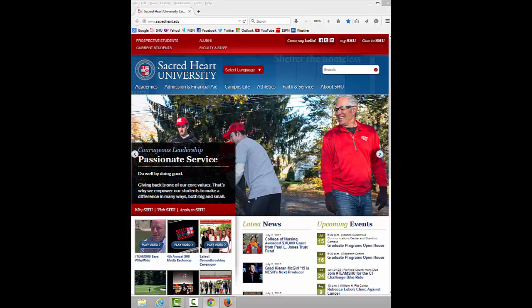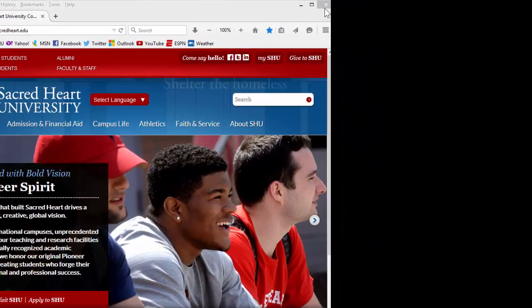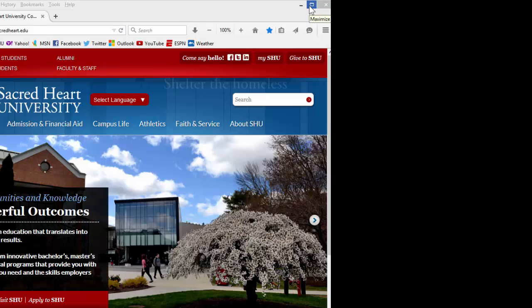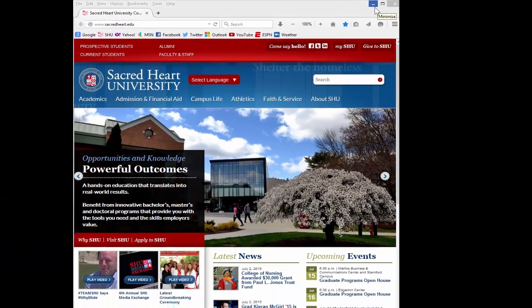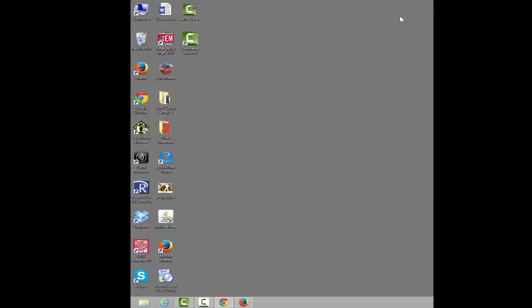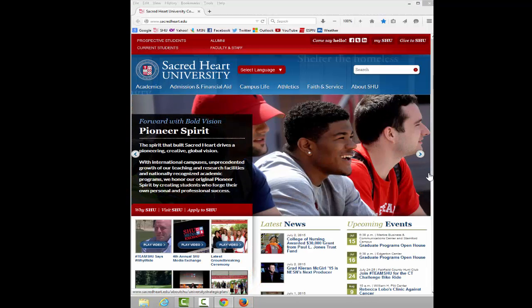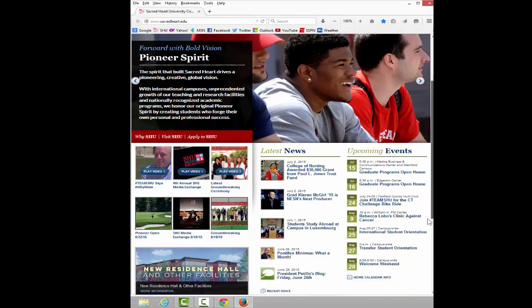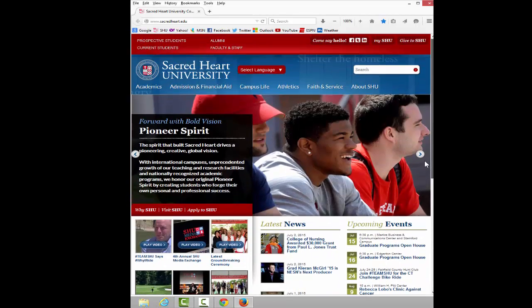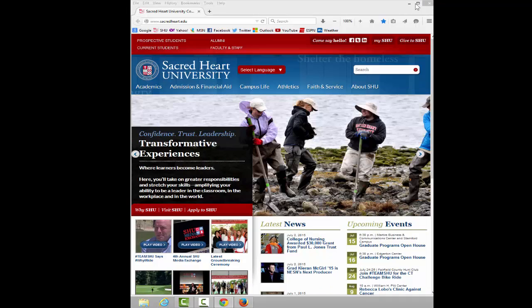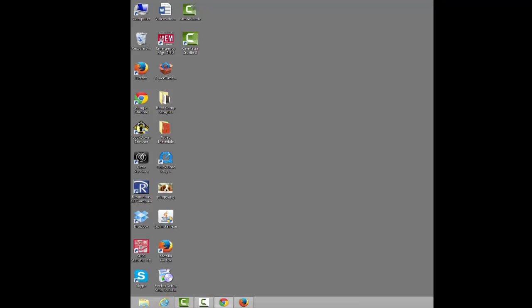Some important buttons in every window are in the upper right hand side. You'll have a little X. This will close your program. This button here will make this full screen, and this here will minimize it. So when I click minimize, you notice I have my desktop back, but now there's a little icon down here showing that the program is still running. On the right hand side, you have something called a scroll bar. Your scroll bar will move the screen up and down. So I'm going to minimize this, and we're going to talk about